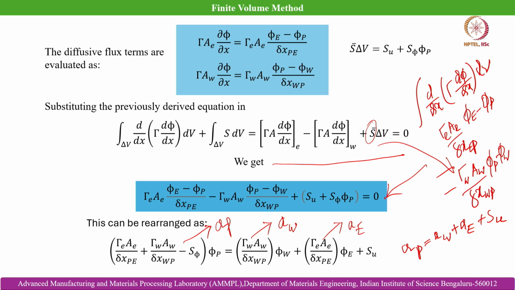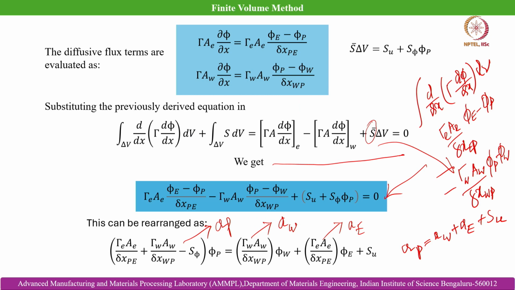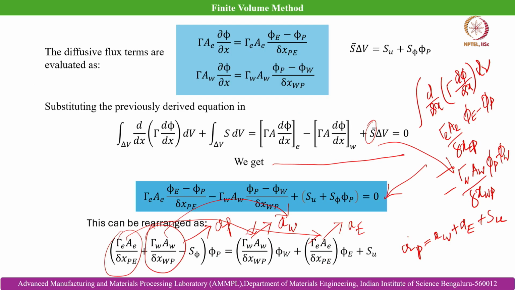So, this is what is written over here, A W and A E, and because we know that A P is equal to the summation of these minus S P, you can see that this term is the same as A W, and this term is the same as A E. So, that is why we can quite effectively write A W plus A E minus S P. This is how we can